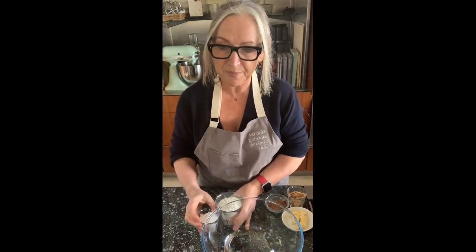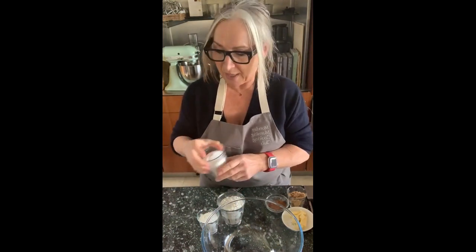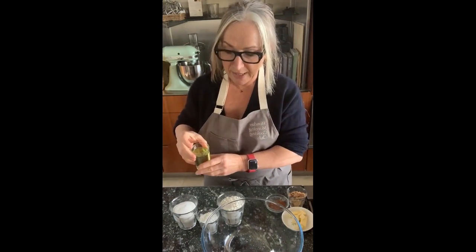Okay, we start off with 115 grams or 3/4 cup of self-raising flour, 40 grams or 2 tablespoons of cornflour. We've got 150 grams or 2/3 cup of caster sugar or white sugar. I have got 90 mils, which is a third of a cup plus 2 teaspoons of oil. And I am using